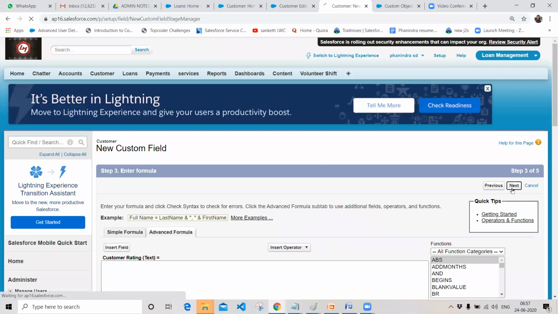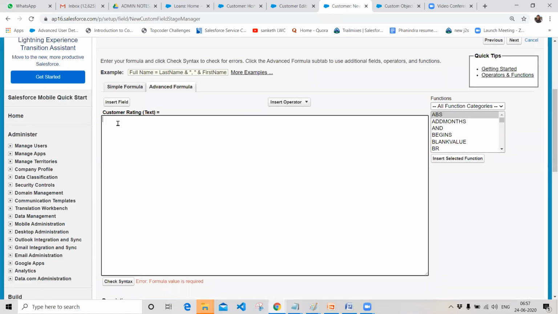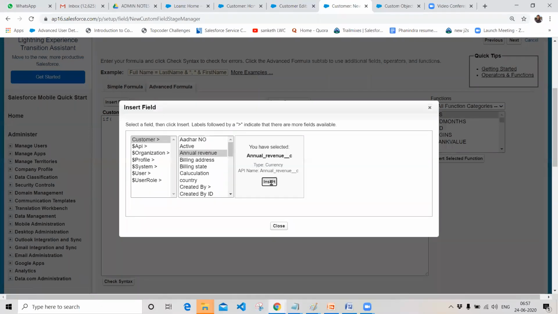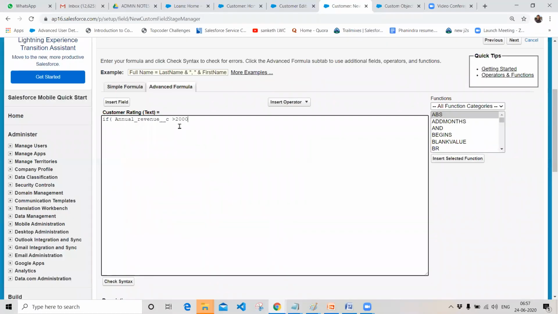Oh, sorry, I haven't defined the formula. What is your formula over here? If annual revenue, take the input field annual revenue, is greater than 2 lakhs, give him a rating of gold customer, GOLD. Otherwise, I want to give a rating of normal customer. So this is my formula.